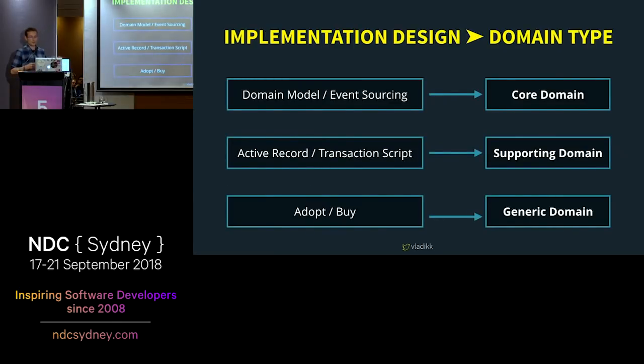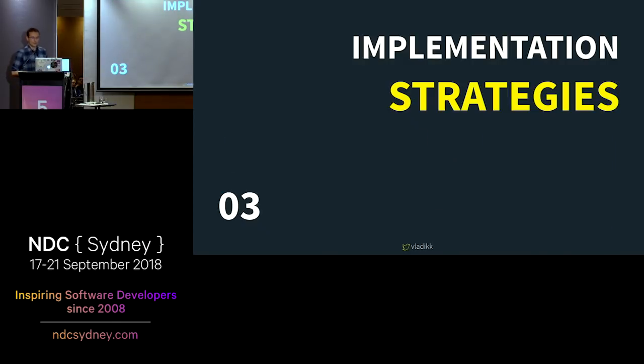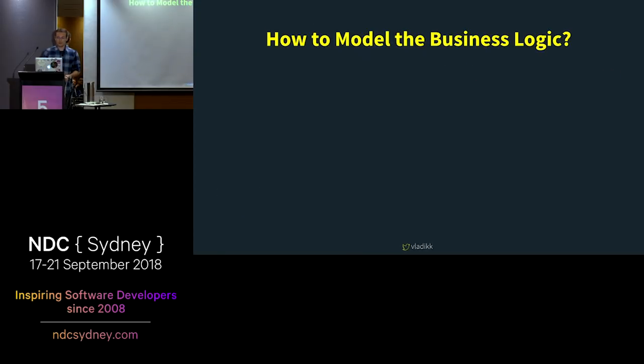Now, how do you choose this implementation strategy? At Internovus, we identified a couple of pretty simple heuristics that allow us to streamline this decision-making process. The most important decision you have to make here is how are you going to model the business logic in code. And here we have 4 options, 4 patterns.